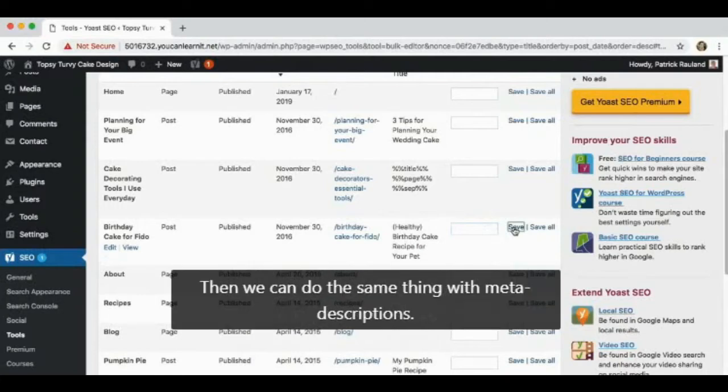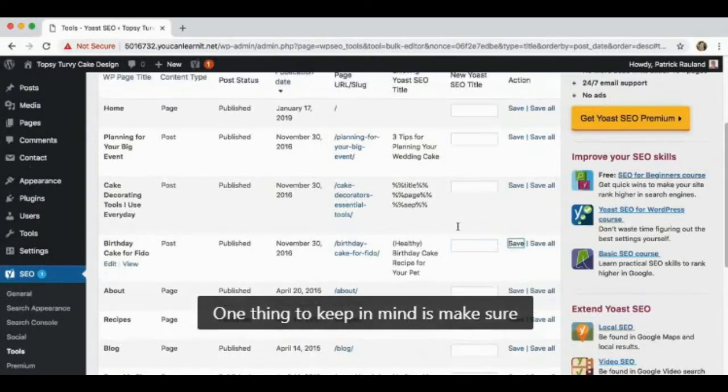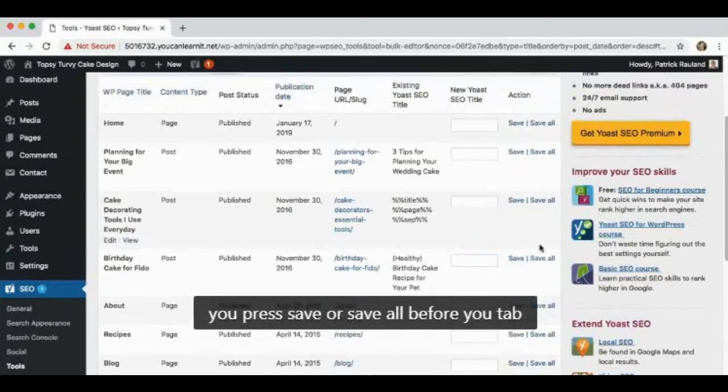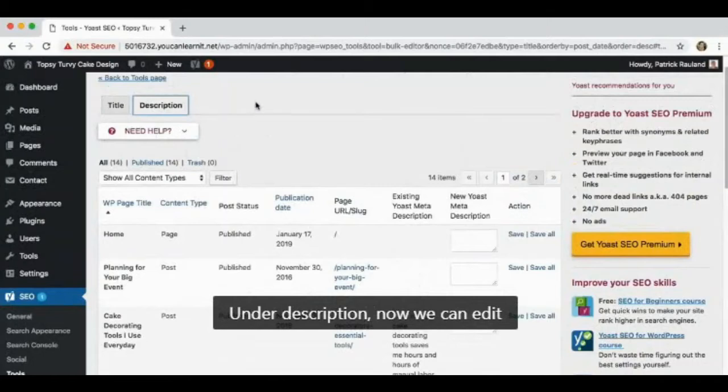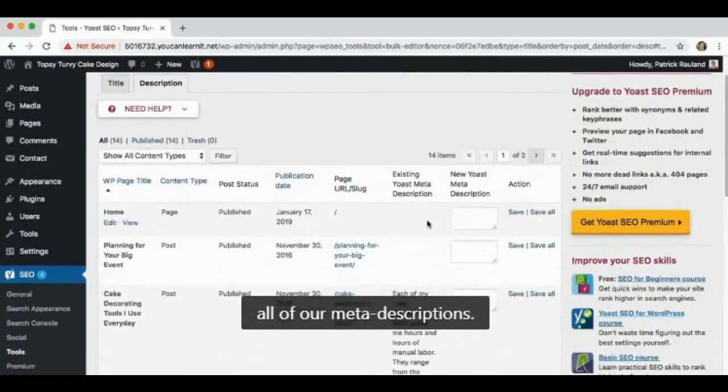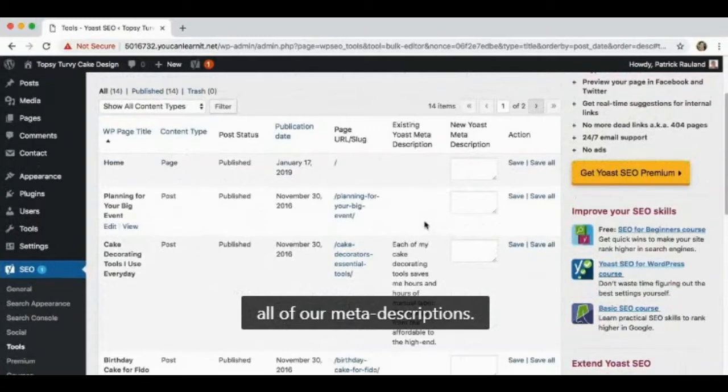Then we can do the same thing with meta descriptions. One thing to keep in mind is make sure you press Save or Save All before you tab, otherwise you could lose your progress. Under Description, now we can edit all of our meta descriptions. Again, I want to edit this post about planning for your big event. Let's change this to